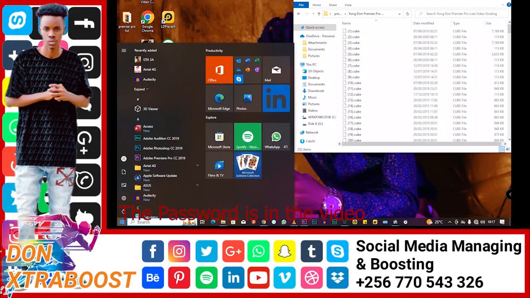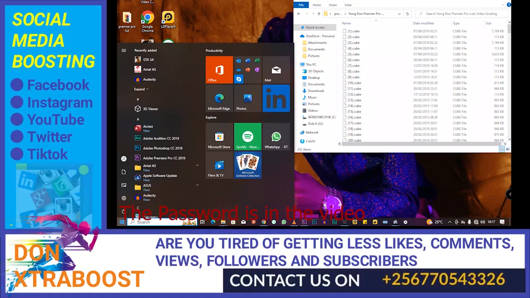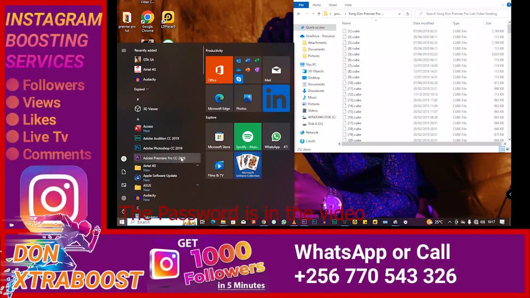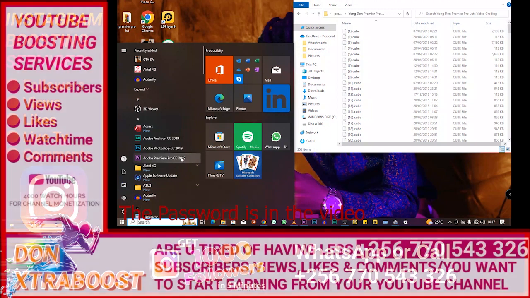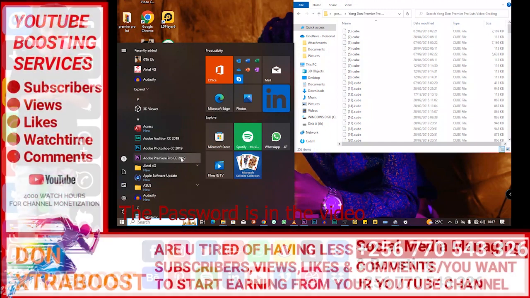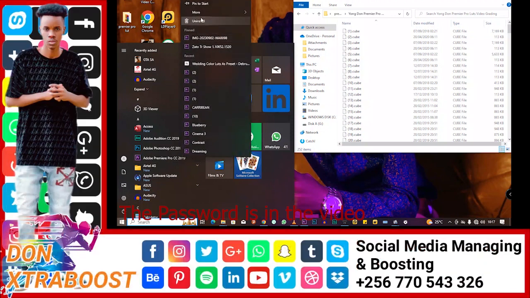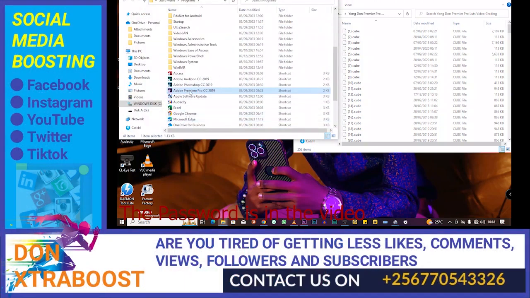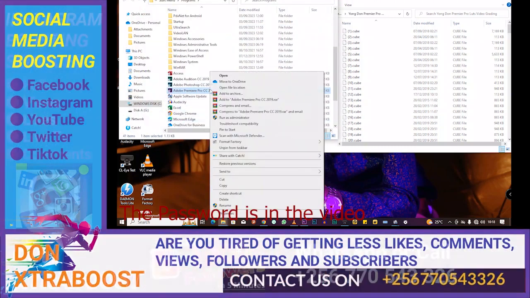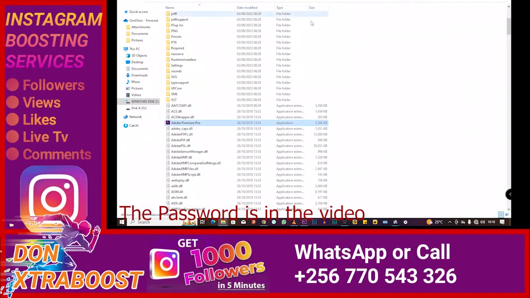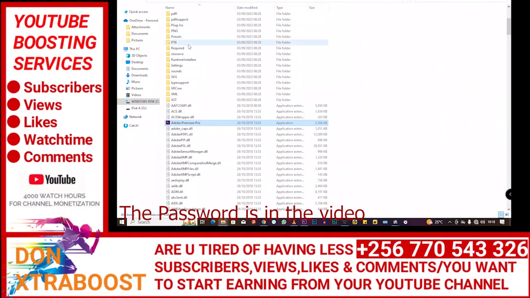Come to Windows. This is on Windows 10. On Mac, you still do the same. You're going to go on your Adobe Premiere Pro CC19 or any, if you're using 2013, 2014, 2020, 2023, 2024, any. You're going to right click on it and say more options, then open file location. Still you go on your Adobe, then right click and again open file location. When you open file location, you're going to look for